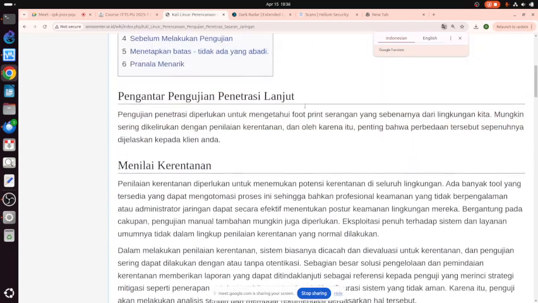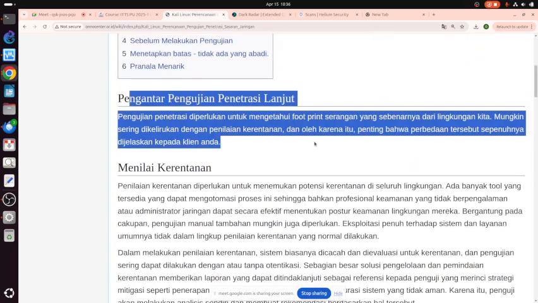First, of course, we need to write an introduction on the penetration test. This is especially needed for our client: why is the penetration test needed?